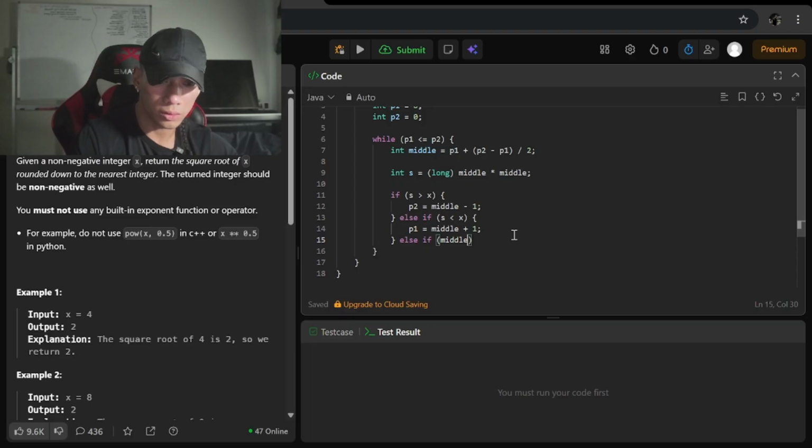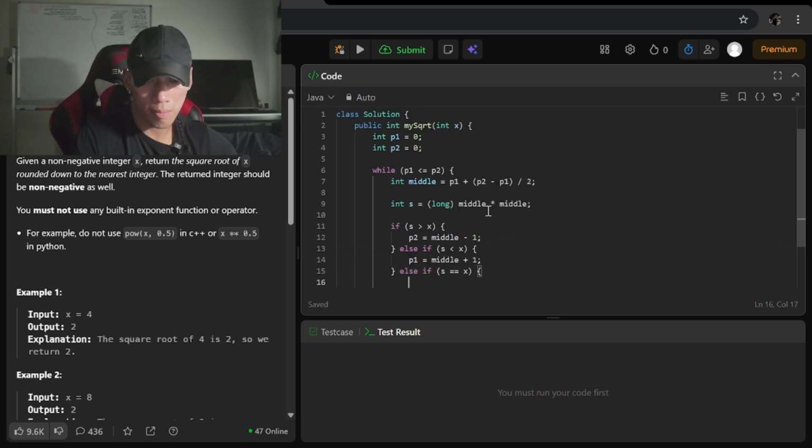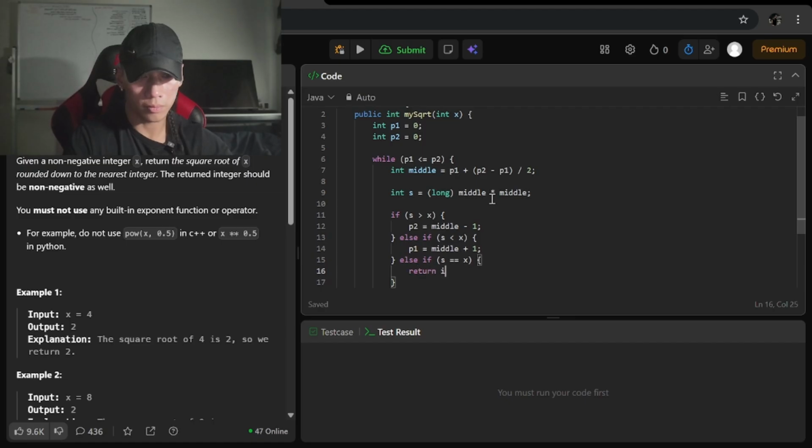Else if middle squared equals x, oh shit.